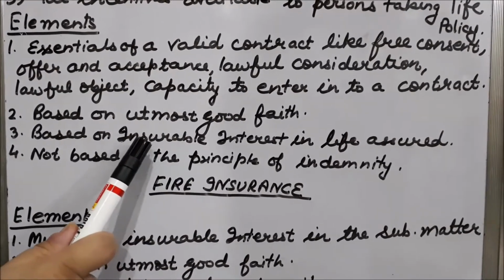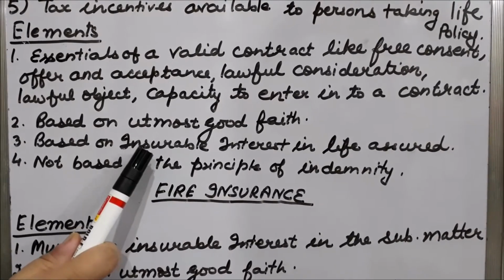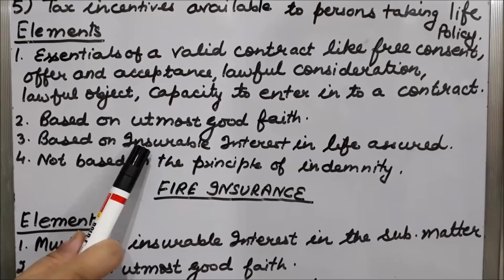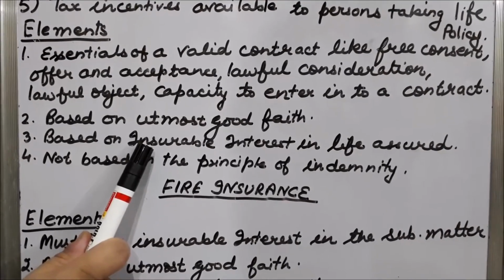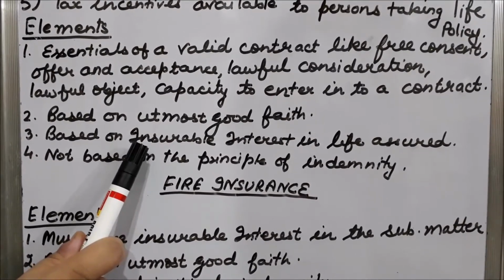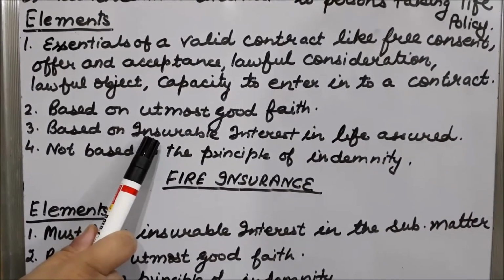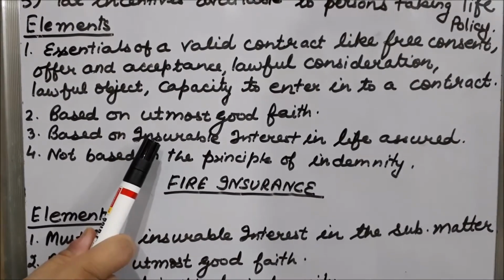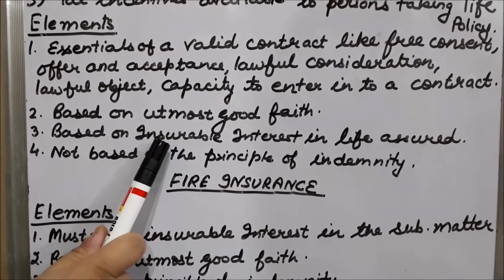I will explain with the help of an example. There was a couple. The husband has taken a life insurance policy for the wife. At the time of taking the policy, he had an insurable interest in the life of the wife. After 2 years, they got divorced, and after 5 years, the policy matured. After the divorce, the husband did not have any interest in the life of the wife, but the wife kept on paying the premium. It means the insurance contract will be considered valid and she will get compensation after 5 years.